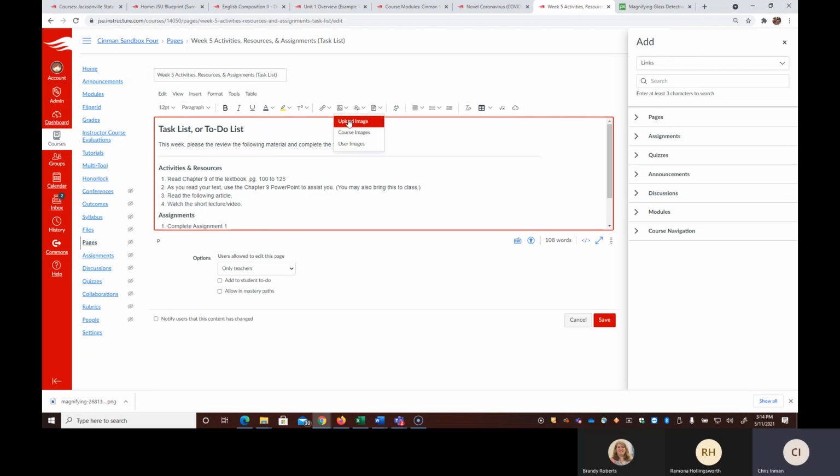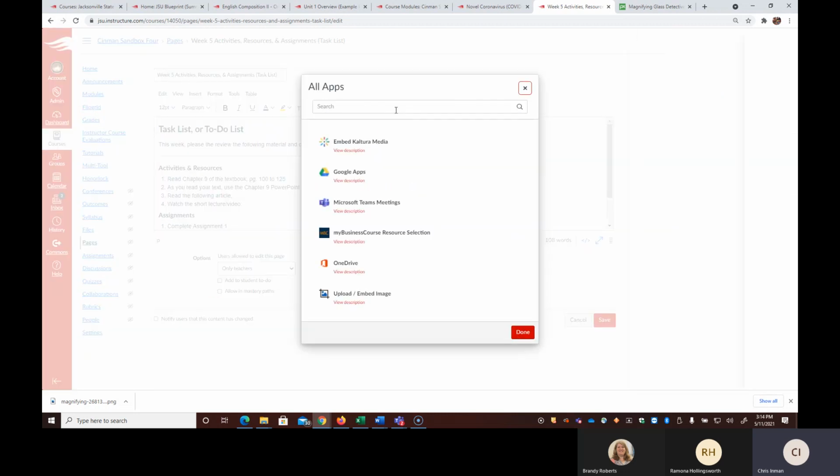Here's uploading an image or using one that's already in the course. Here's recording the short little video. Here's uploading files or using files that have already been uploaded. Here's your apps. So if you click on that, here's how you embed a Kaltura video,